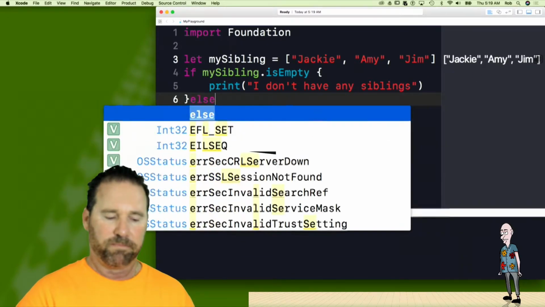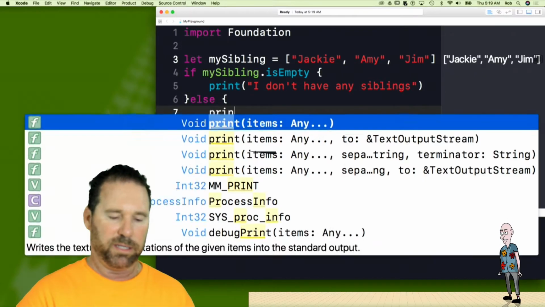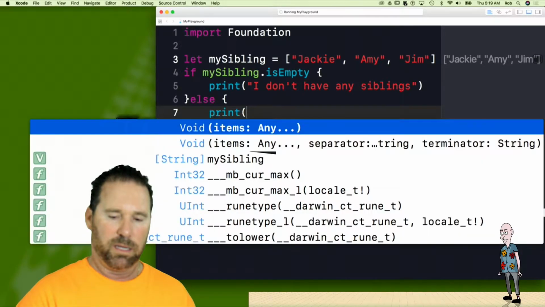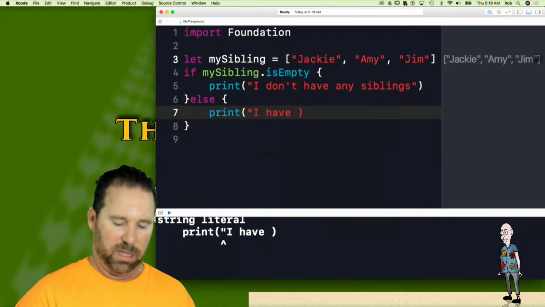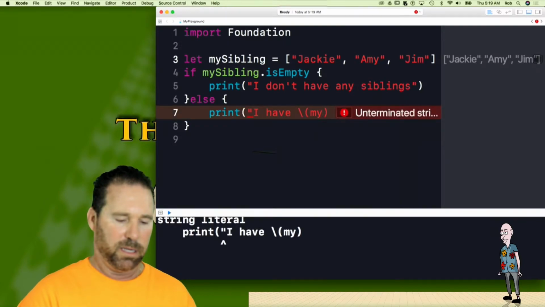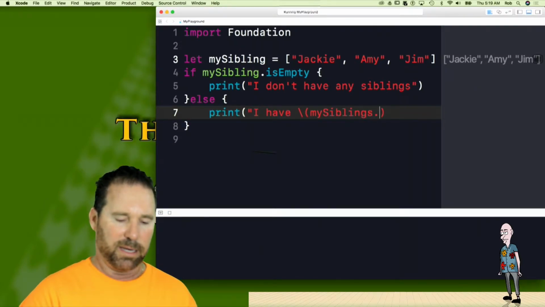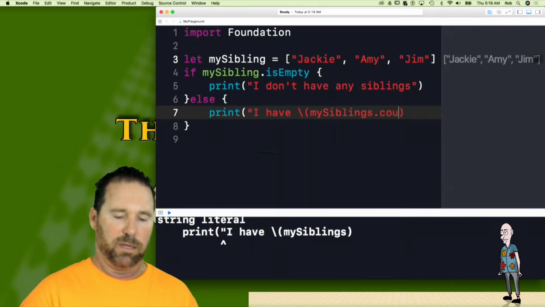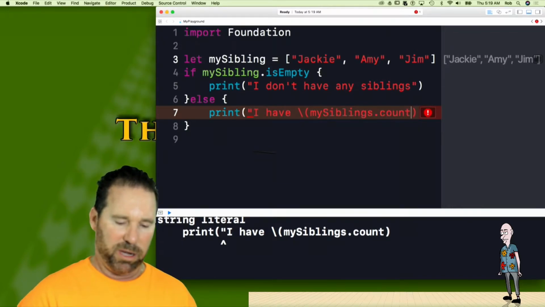Else, print, I have backslash sibling dot count. Okay, so it actually has a property called count that'll show you how many siblings are in the